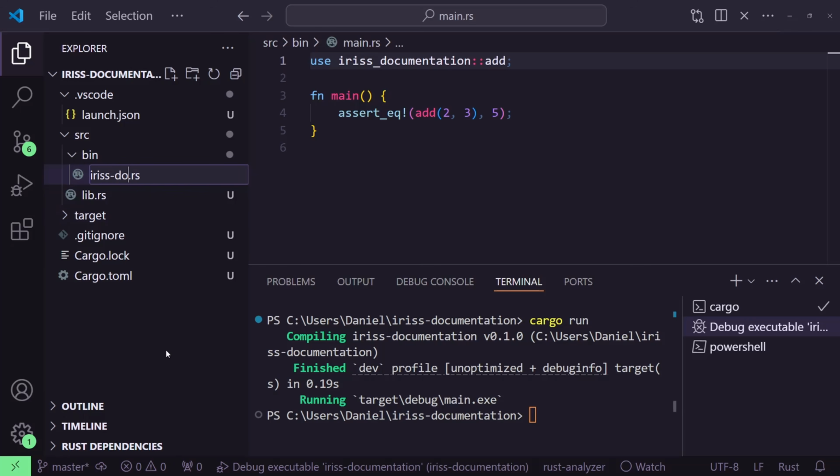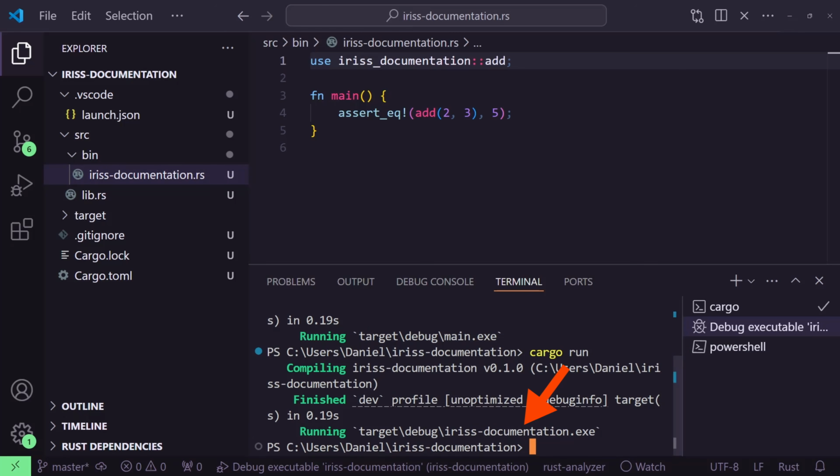This is because when the project was a single binary file, the executable was simply named after the project. Using the bin directory, we're telling Rust that we expect to produce multiple binaries from this project. So now it takes the name from the file name instead of the project. To fix this, rename main.rs to iris-documentation.rs and cargo will go back to creating iris-documentation.exe.